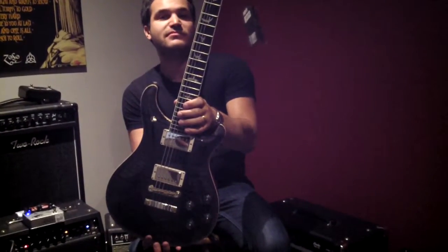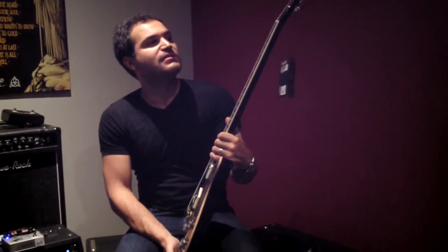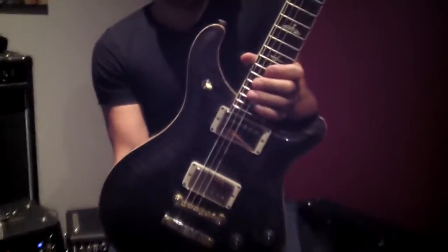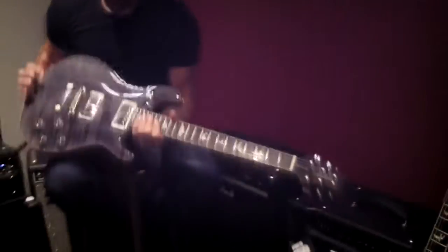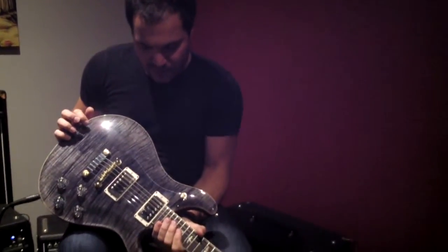Were you getting all that sustain because that one has a bone nut? Possibly. Let's talk about these little details. McCarty 594, the guitar a lot of you folks have been waiting for. So this guitar, I have to say, when PRS came out with the single cut